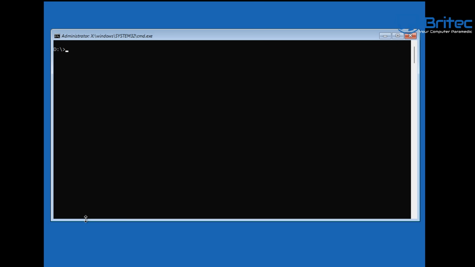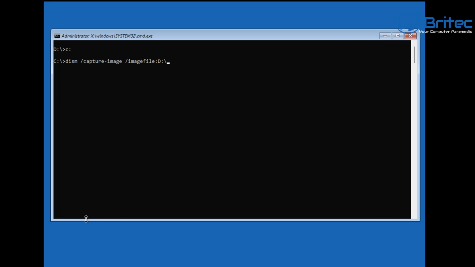So we're going to type CLS to clear the screen here, and we're going to go back to our C root directory, and we're going to start typing out our command here for our capture. So type out DISM /capture-image, and this is telling us that we want to use that command, space /imagefile. And then we want to put a colon, and then we want to put a drive letter in here. This will be your drive letter where you want to store your image. Mine's going to be on our D drive, so I'm going to put D:, and then we're going to be